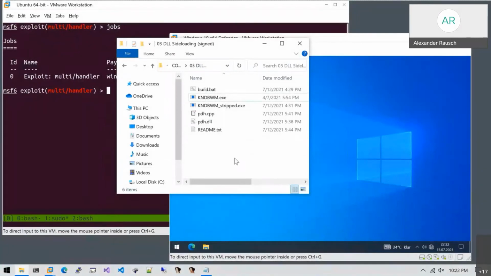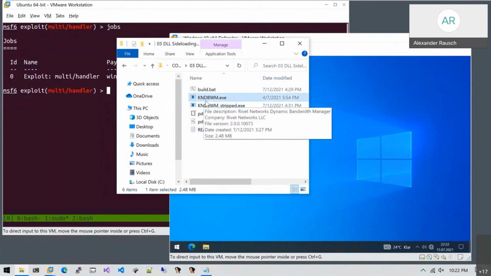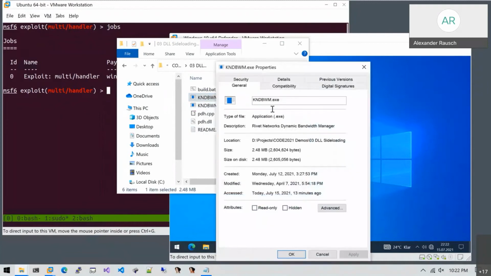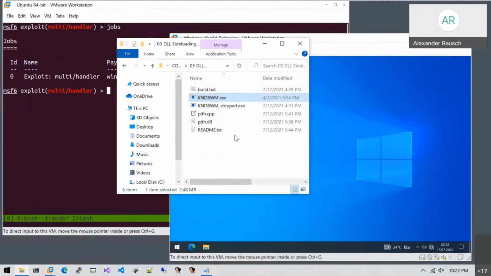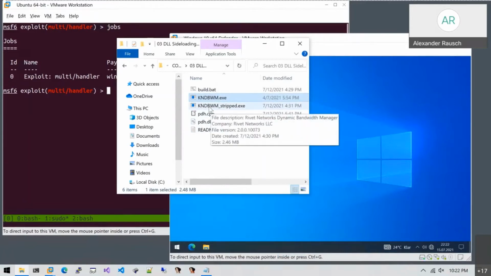For the DLL sideloading demonstration, I have prepared two binaries. One is the kndbwm.exe and one is the stripped version of the same binary. This one here is signed by Rivet Networks LLC and by Microsoft. So this is some kind of networking tool or for Wi-Fi stuff, which is not really relevant here, but what